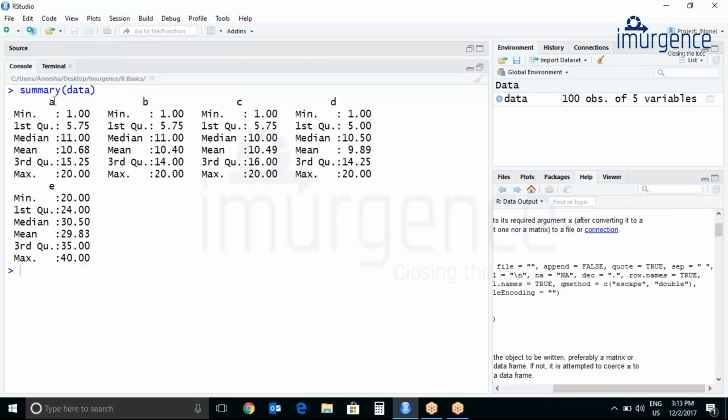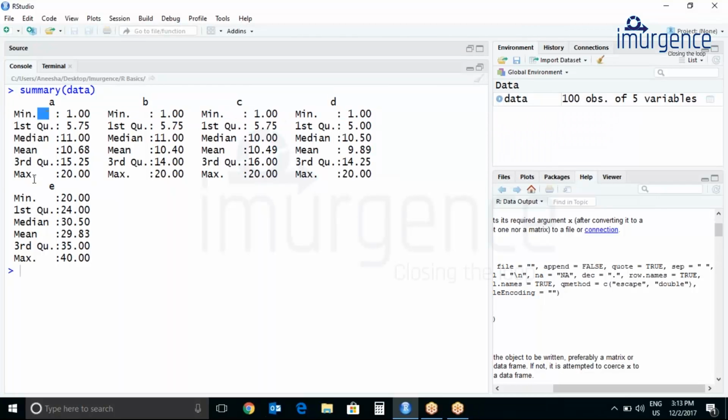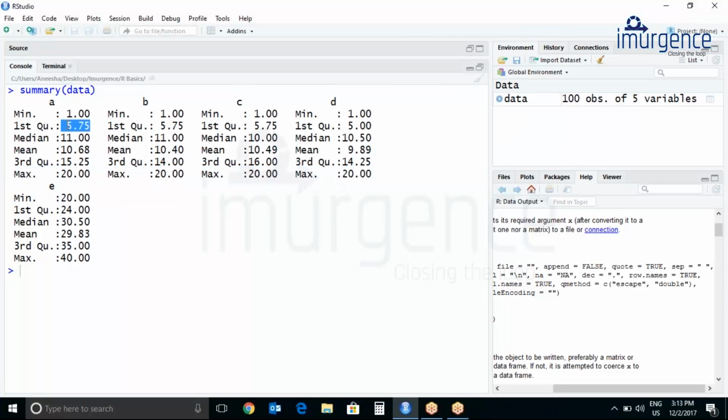Suppose let's take a variable A. So this is giving me what is minimum, what is maximum over here. Then first quartile, or you can call it 25%. So what is my 25%? It comes out to be around 5.75.